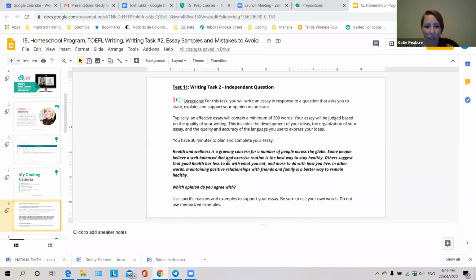So it's a very long question here. However, when it comes down to it, when you read it and you pull out the main ideas, you have to choose healthy, relationships. Which one? Just choose one.